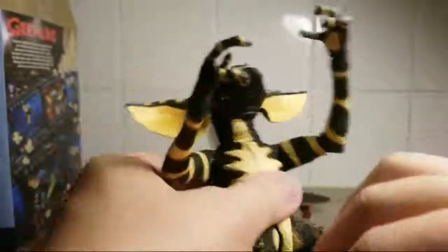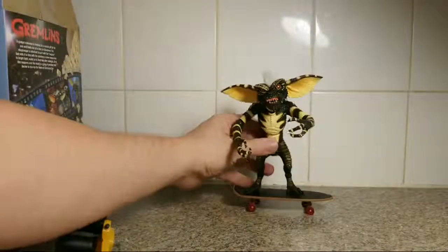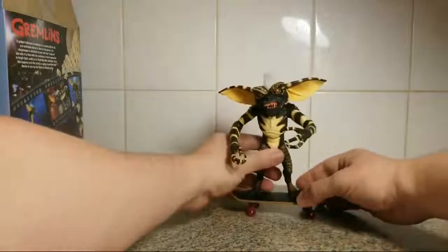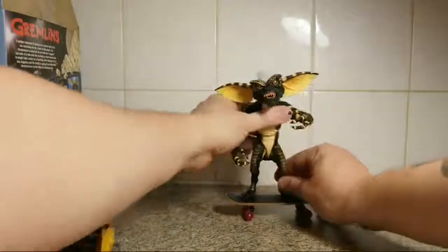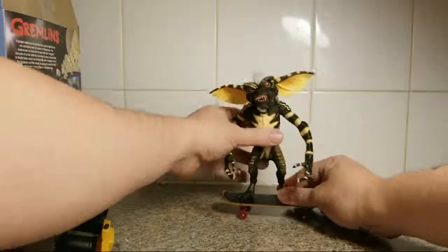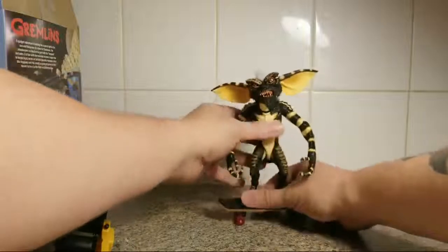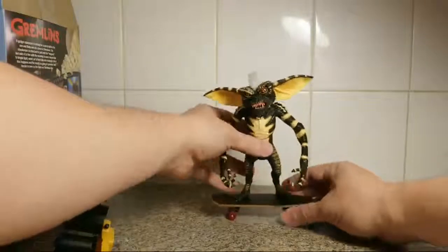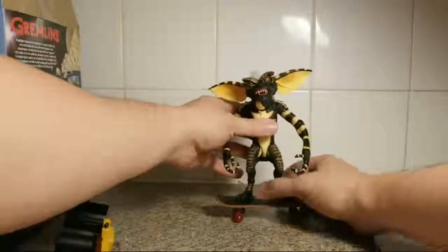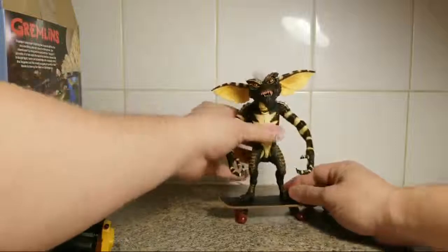My next thing I want to test is how does he stand on the skateboard. He's supposed to stand on the skateboard and ride it really well, so he's a little wiggly standing on it. It's kind of hard to get him to stand on it properly, which is kind of a balancing thing. So you're really gonna have to, if you want to stand him on it in the future,